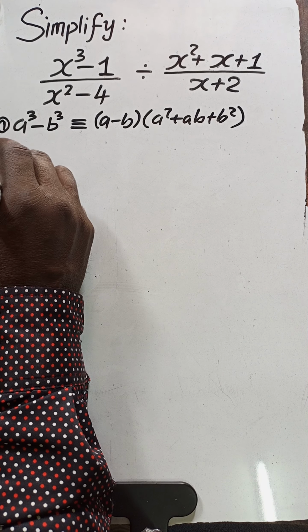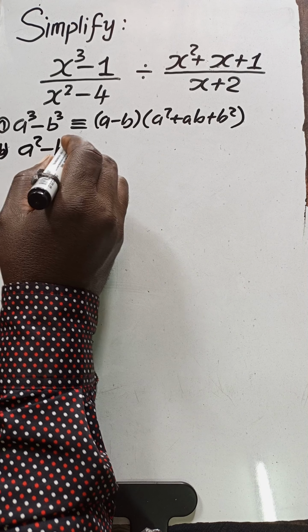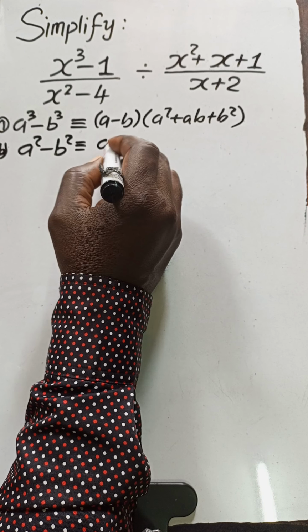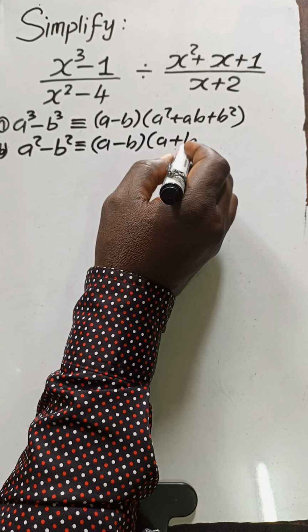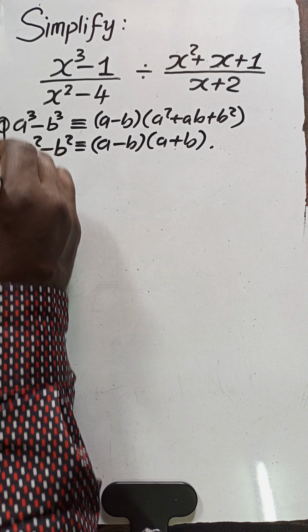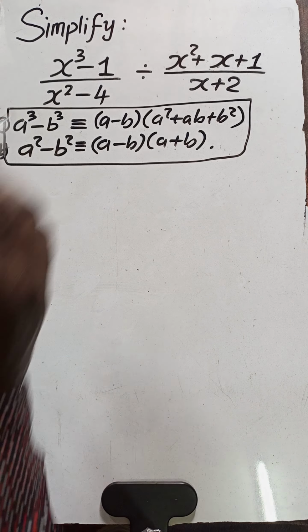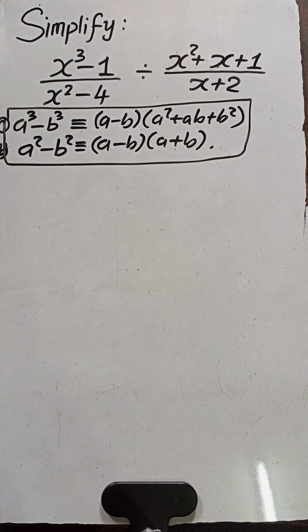Then we also need the identity of difference of squares. A squared minus b squared is the same as a minus b into a plus b. We need these two identities for us to be able to simplify that rational expression above. Okay, let's start with